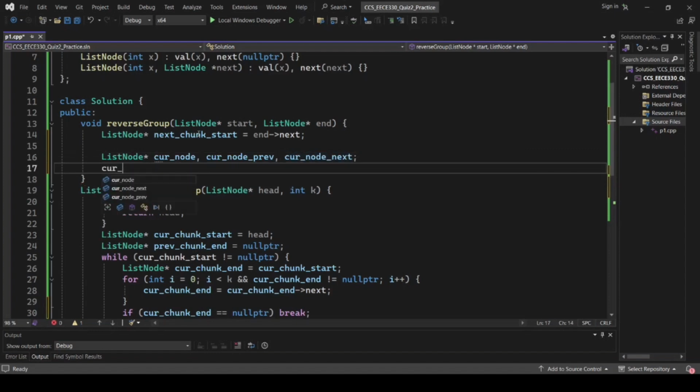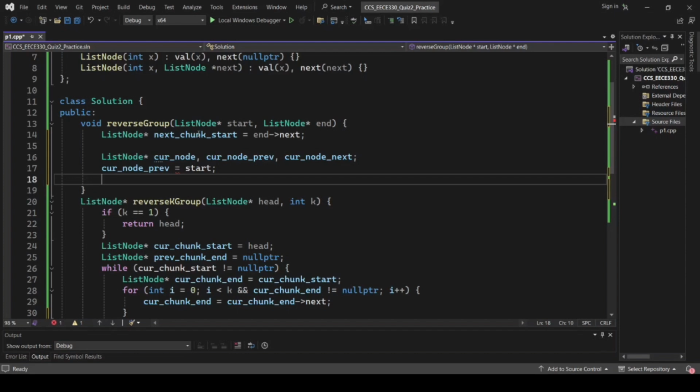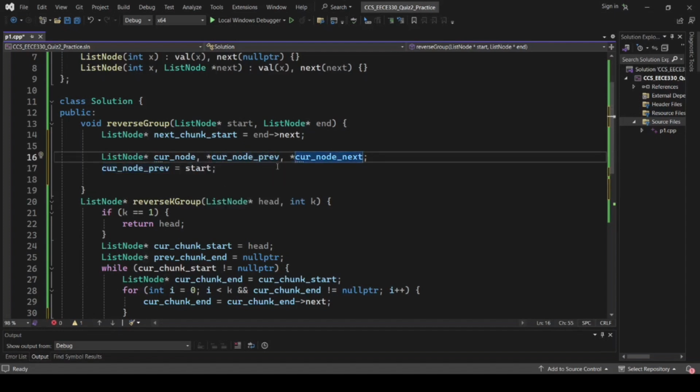So current node previous is gonna start off being start, because remember we're gonna just skip taking care of P, or taking care of the first node in the chunk, and we're gonna take care of it at the end. For now we're gonna worry about the second node onwards. Okay, so current node prev is equal, oh, we're gonna have to add these for each of them. And this is just how C++ works. You just have to add this to explicitly state that each of those variables is a